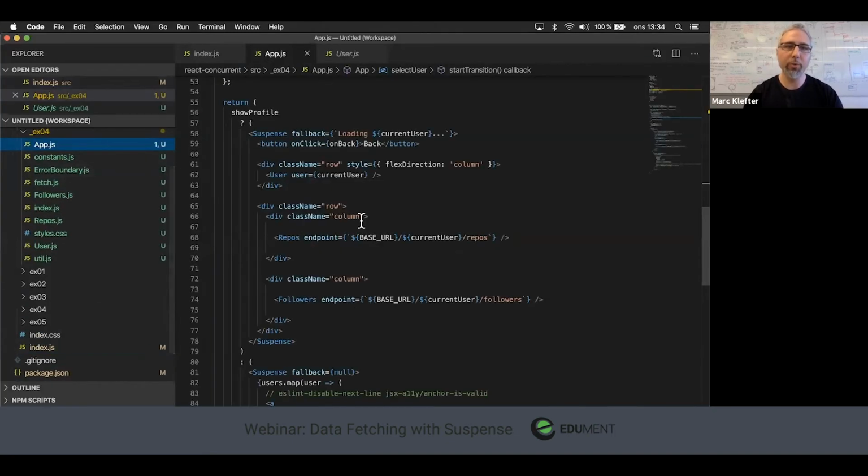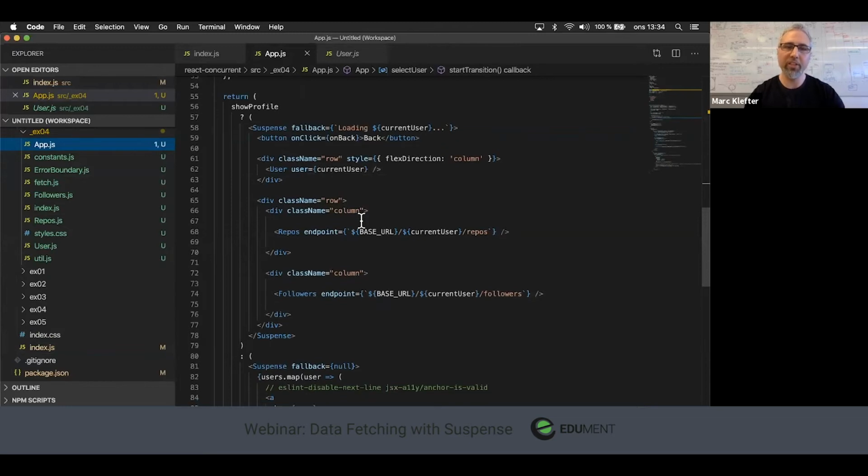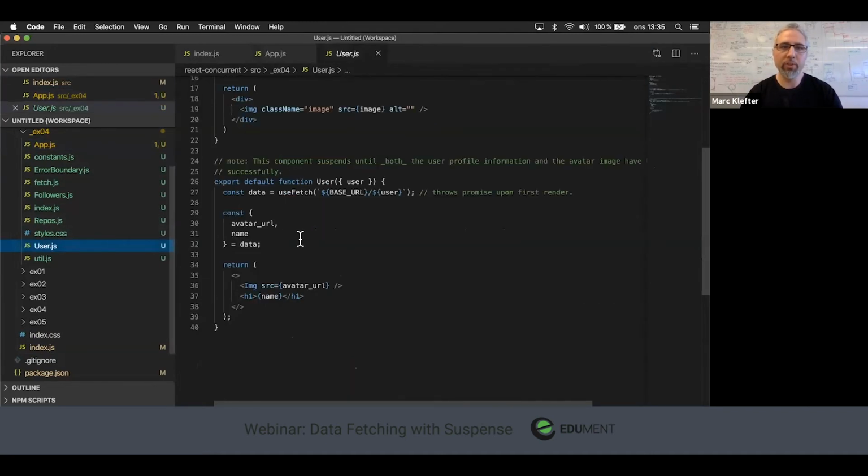If we look at the code for the things that were rendered right now, again, all this code is available through the link on GitHub. But basically, when we render the profile view, we're rendering a user component, we're rendering a repositories component, and a followers component. But these components simply render, and they start fetching independently of each other. There's no synchronization going on between the user and the repos component, for example. And if we look at the user component,